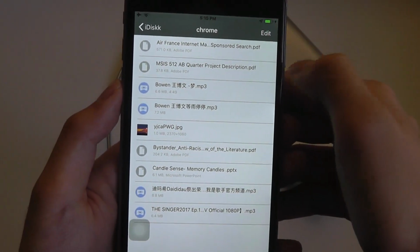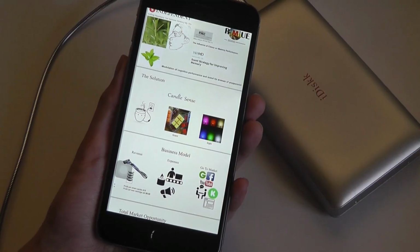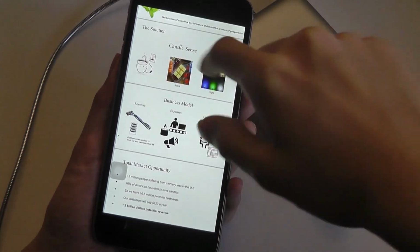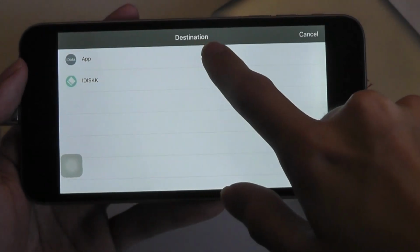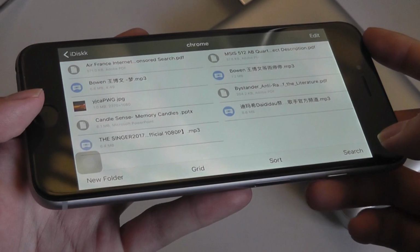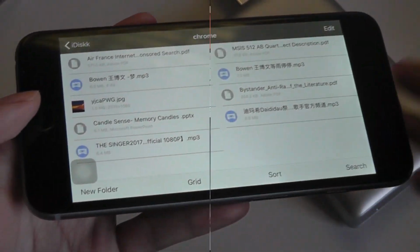So for example, if I want to take a look at a PDF document here, after a split second, it will fully load up here. And even PowerPoint presentations, you can see that I can fully see them here on the phone without any problems. So to do that, I would tap on copy and then tap on app, which is basically the memory stored on your iPhone, as you can see there. So I can tap on now paste,